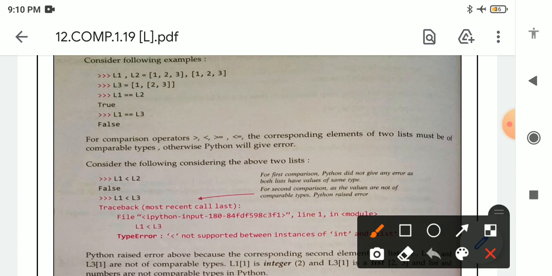So see here, if I am writing L1 less than L2, we will get false. Why? Because L1 and L2 are both the same, that is why we will get false here. Again, L1 less than L3, we will get an error like this, a type error.